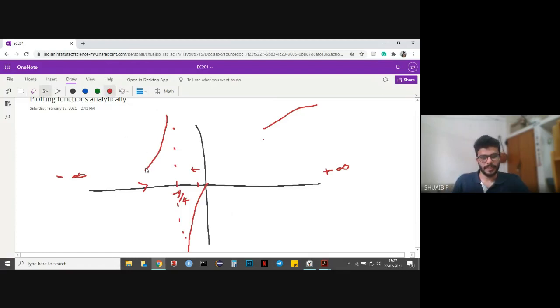this line will be tending to 1 by 4. This will also be tending to 1 by 4. So we can see the previous inference that we made, that this function has a positive slope when tending to plus infinity, is true here, and negative slope when tending to minus infinity is also true. The one that I drew here was wrong.